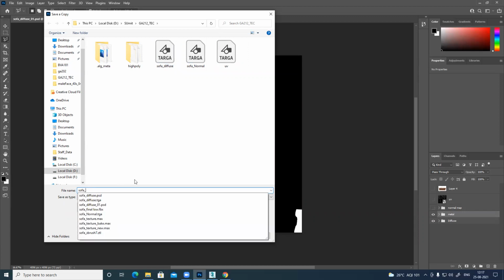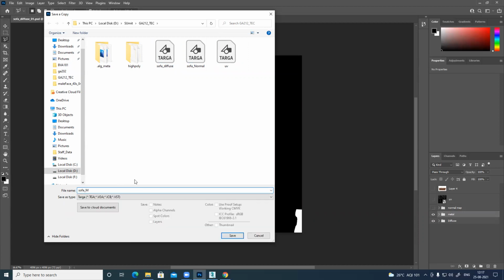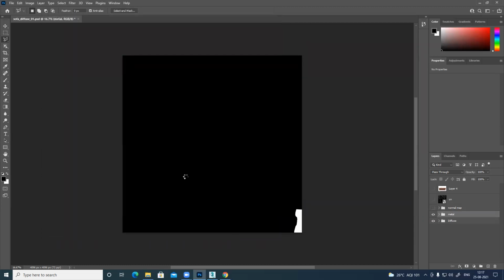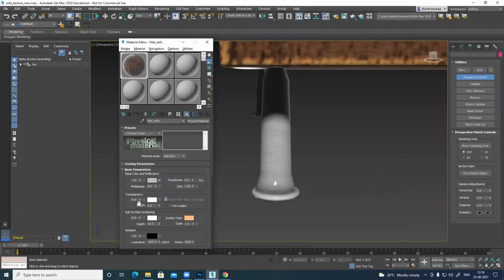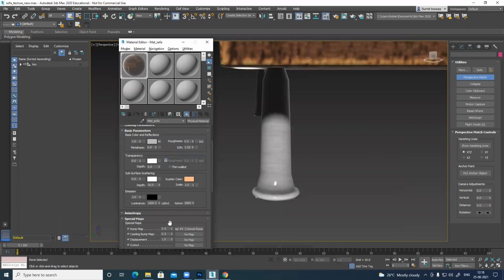We usually use D for diffuse, M for metal, R for roughness. So if you name it capital M, capital M or lowercase m is also fine, but capital M basically means it's a metal map. Or if you just type metal, that also works perfectly. Map naming is also very important, because from each and every name you should understand what map it is. So the map is saved. Here you see there's something called metal down there only.